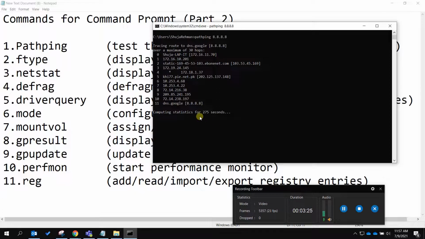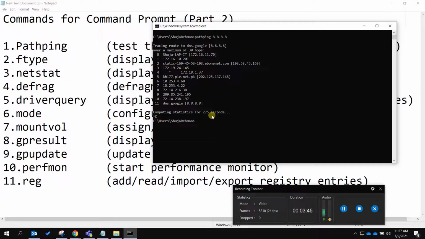Computing statistics for 275 seconds. So this is what the pathping command does. If you want to check any IP address and IP hosts, you can use the pathping command.